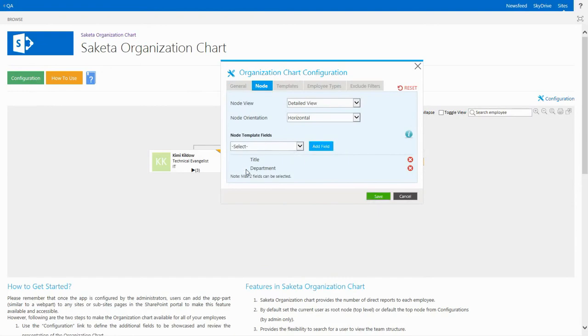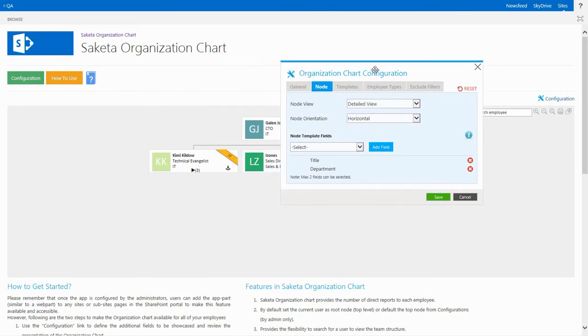So the node template fields are the fields that you would like to see here on the node. This particular rectangle is actually called the node, so the node tab really deals with all the properties of this rectangle. Because I have title and department, that's what is being shown. If I want to remove department and maybe replace it with a work email, let me do that. So I'm going to add work email and save it.